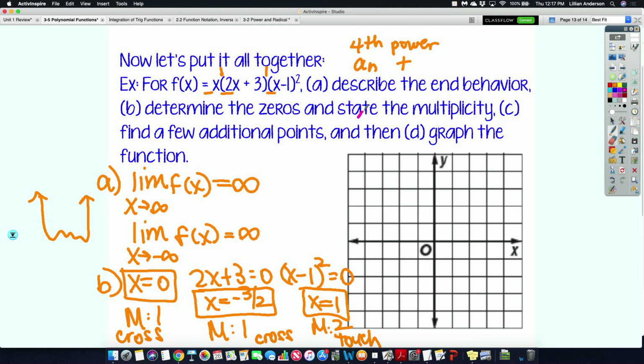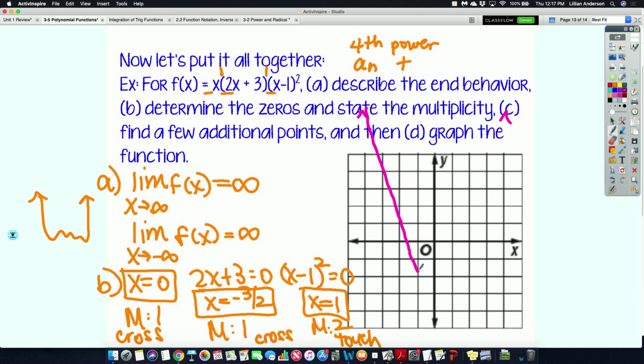So I know my end should be up here. Okay? So if I'm coming from my left end behavior, the first x-intercept I'm going to come across is x equals -3/2. And I'm going to do what at that point? I'm going to cross. So I'm coming down. I'm going to cross at -3/2. I got to turn at some point because I got to come back up and